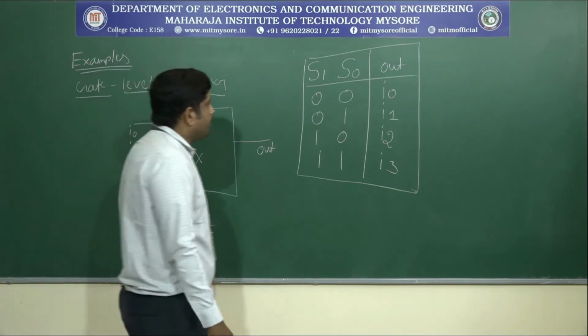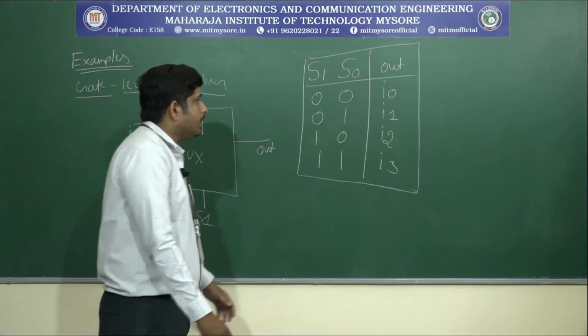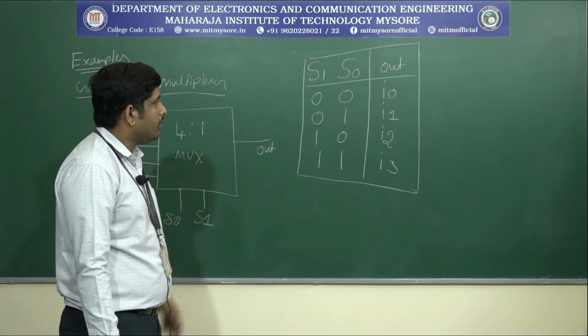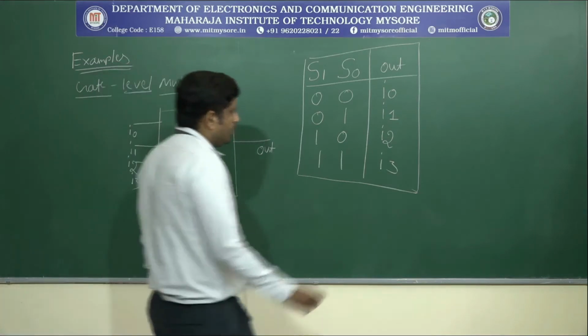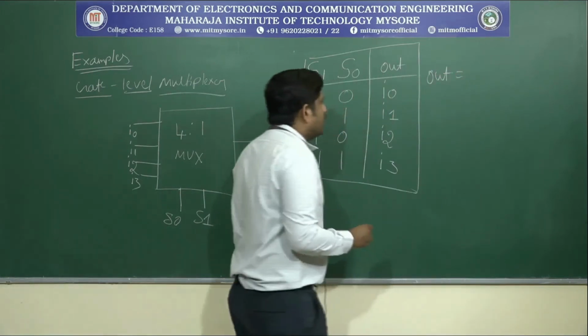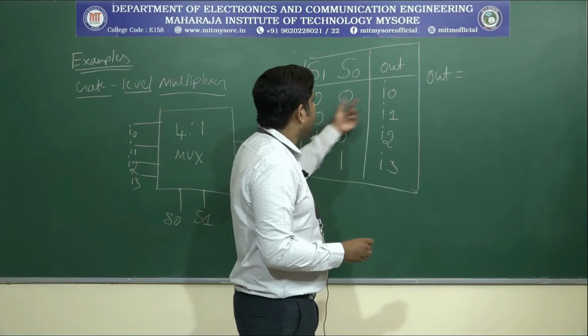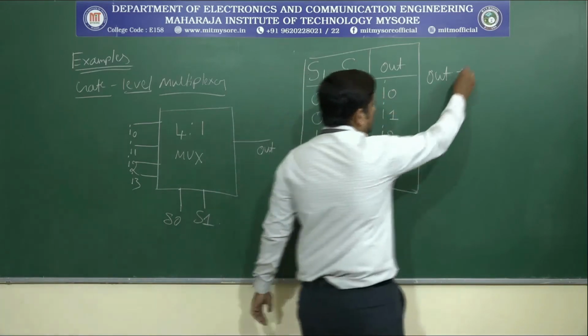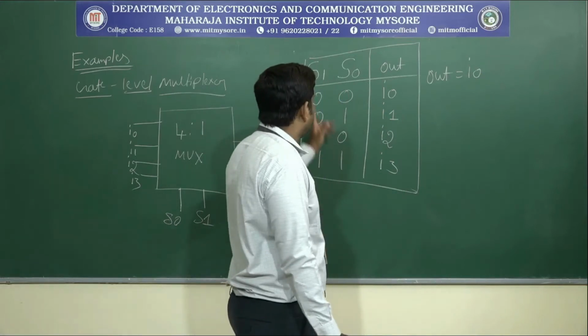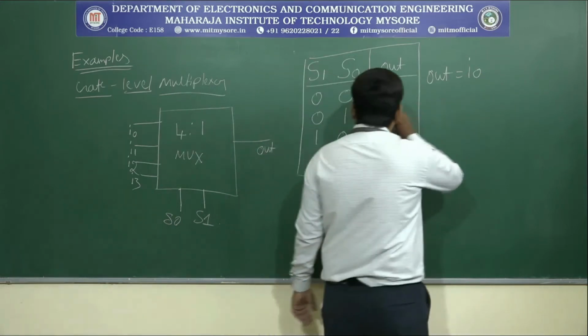Next, move on to the equations, because when you write the circuit, the equation is very important. So the out is equal to, first combination you have to write, I0. The selection of I0 is based on S1 and S0, that is both are